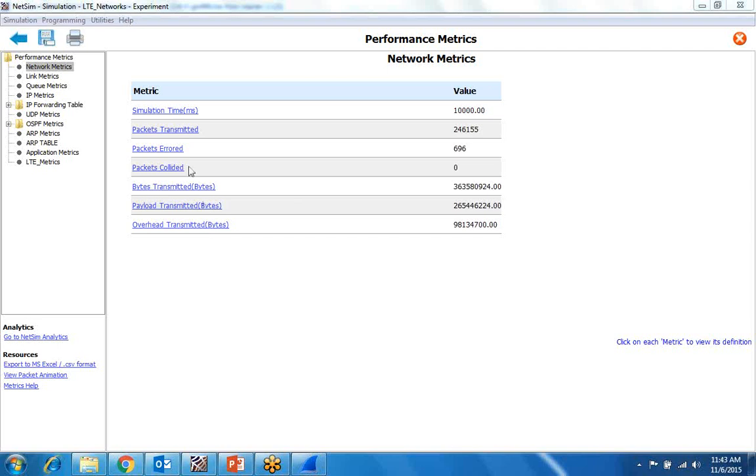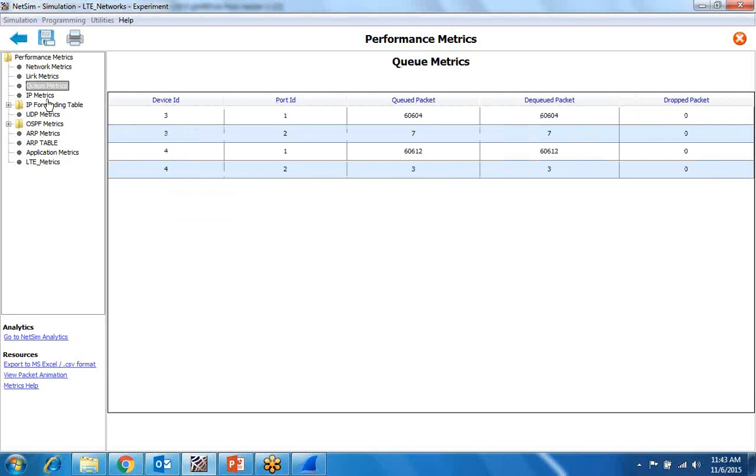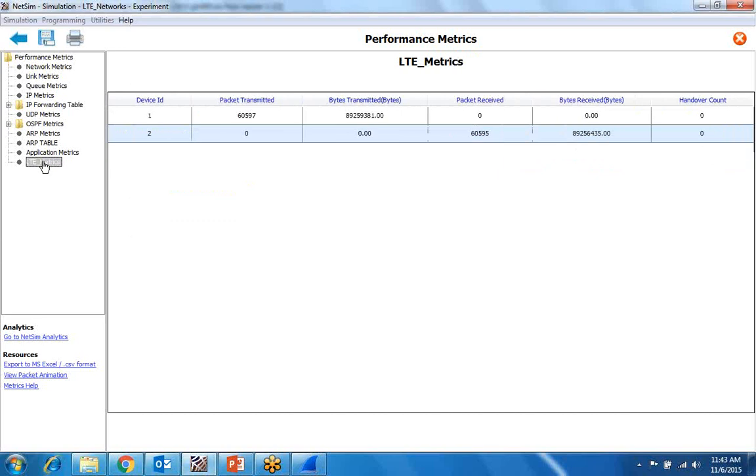All these are the network metrics we'll have, and these are the reports which are common in all the simulations: link metrics, queue metrics, IP forwarding, and there's a specific property for the specific technologies, like LTE. We'll have LTE metrics.